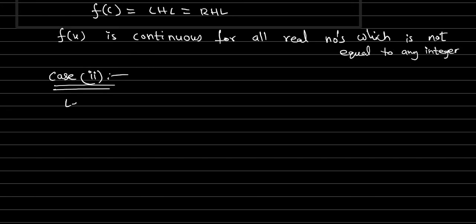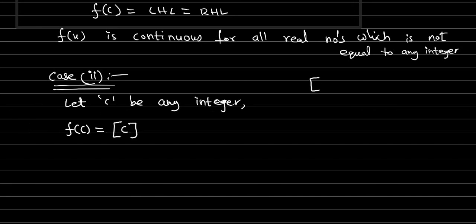So let C be any integer. Okay. So now directly when we apply f of C, let C be any integer. Integer in the sense it can be 1, it can be 2, it can be 3, it can be -1, it can be -100, whatever it is. So then when we apply, say for 1, exactly an integer, not a real number. So for integers, what outcome will we get? The same: if 1 is the input, 1 only is the outcome.